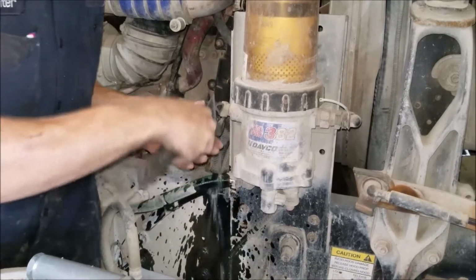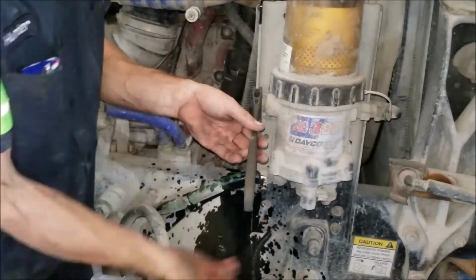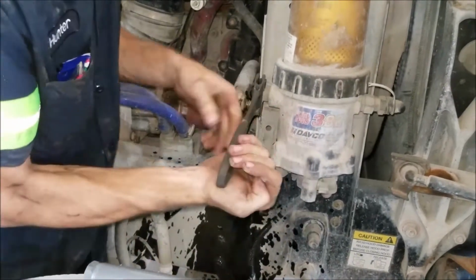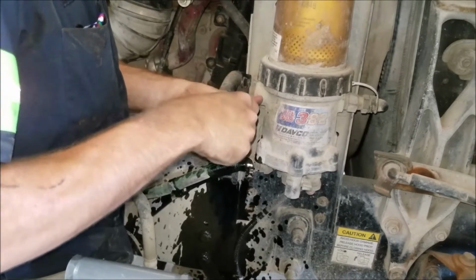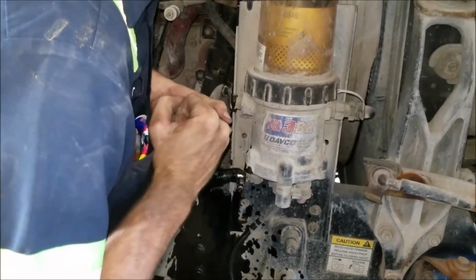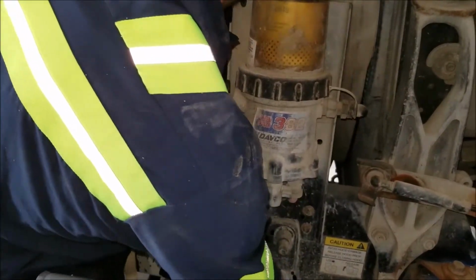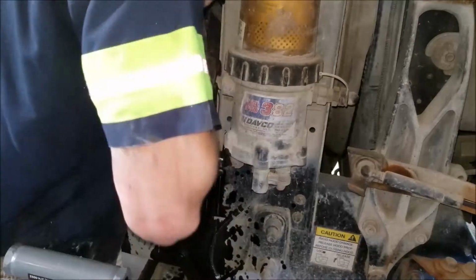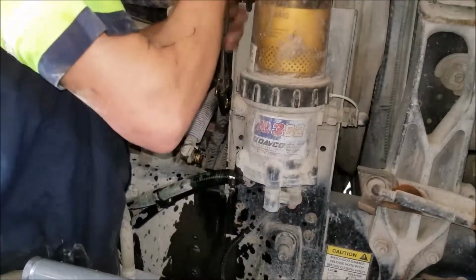The video is short because it only takes a few minutes to install it. This installation took less than 10 minutes once all the parts were at hand. Installation is simple. Remove the low pressure side of the fuel line going to the injectors and install the Eco there. The Mack truck you see is a 2012 with over 930,000 miles, powered by a Volvo DD14 motor with